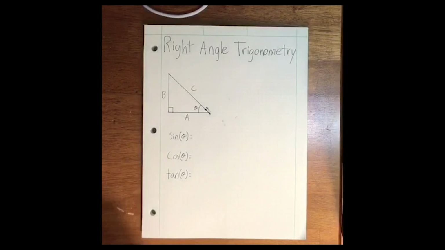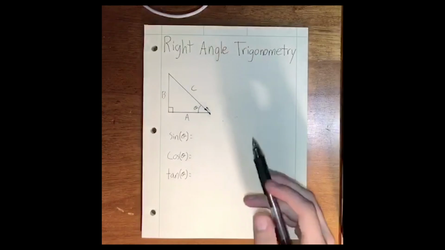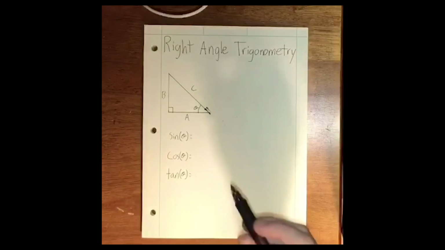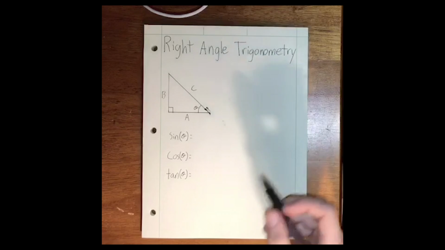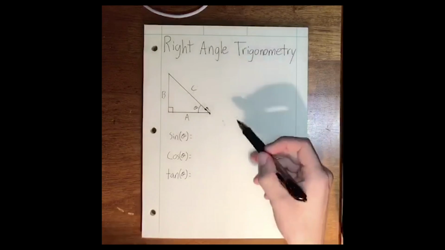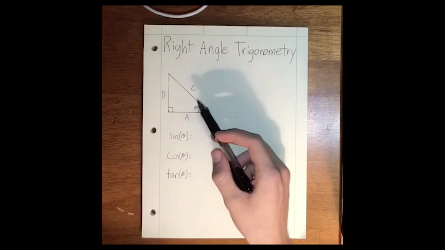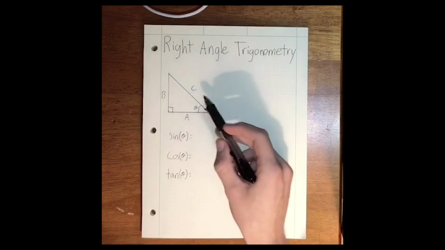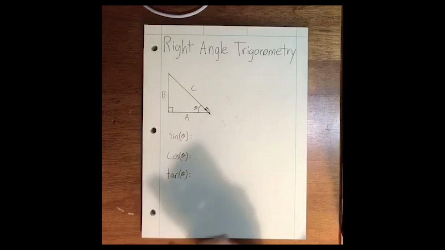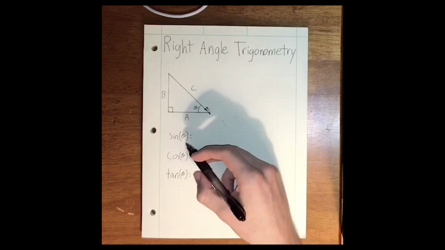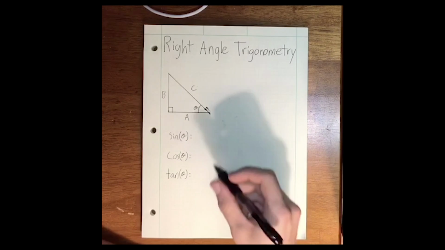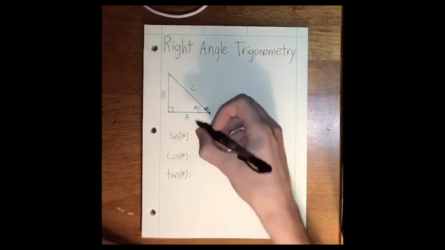Alright, next we're going to be talking about right-angled trigonometry. And to do this, it's when you use trig functions to find either an angle or a side of a right triangle. Now, we're going to be in reference to this triangle, which has angle theta, sides A and B, and hypotenuse C. So now, when you're measuring the sine of a right triangle, you're going to have the opposite over the hypotenuse. So the side opposite of theta would be B